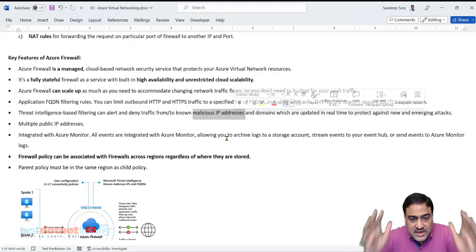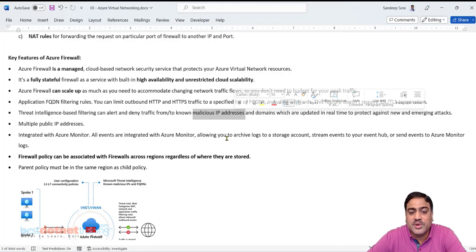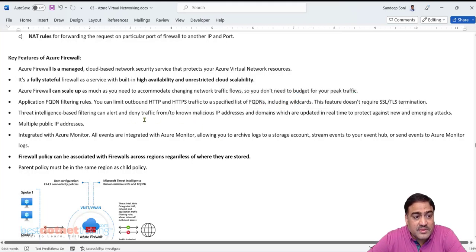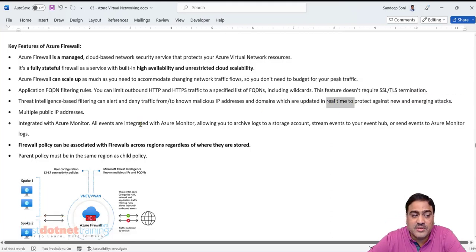Or they will have a database of such locations from where the requests are not going to be considered safe. So in those cases, the firewall will have this built-in intelligence and it can filter such traffic. It will not even allow such traffic to go in, which is updated in real time to protect against new or emerging attacks. Microsoft is managing that in real time.